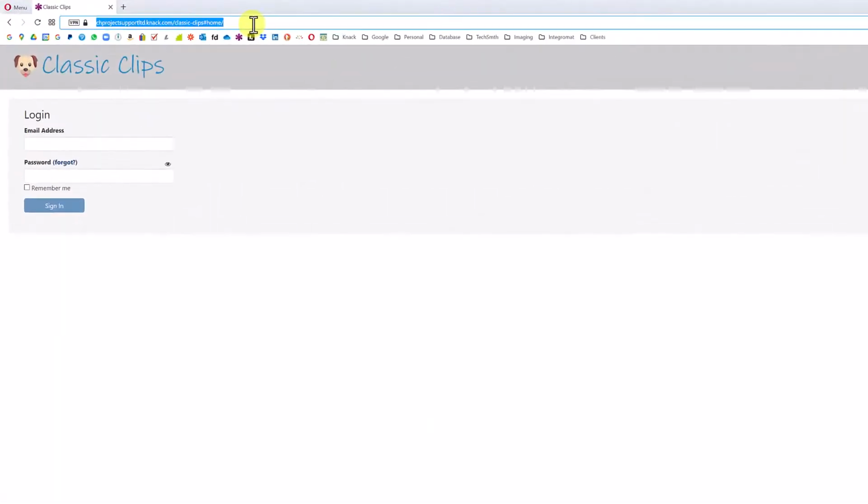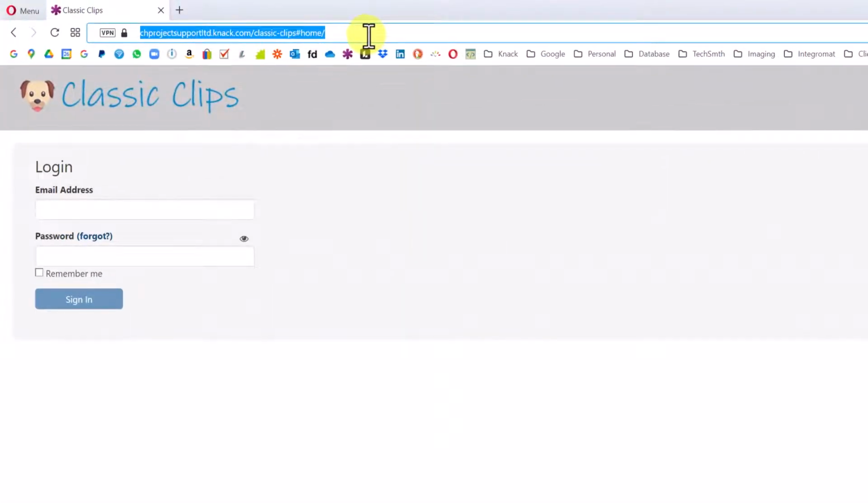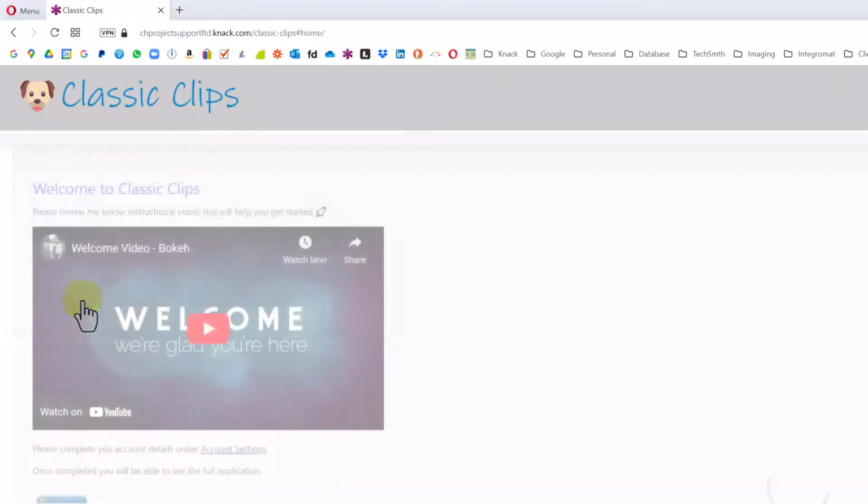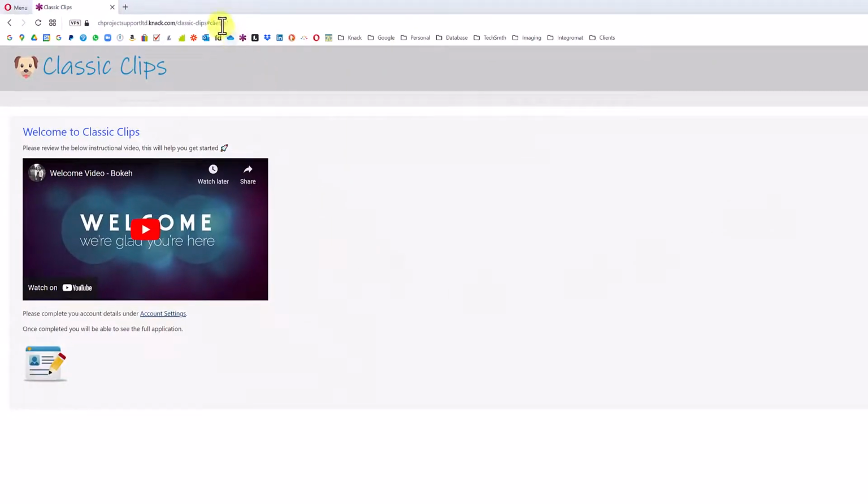So I've just pasted in the URL from the email, and as you can see that URL ends in home. So we're directing her to the home page. Put in my email address and password and sign in. So I'm now actually on the clients page, as you can see in the URL at the top. This is the clients page, but there is no green button to add a new client, and the client's table